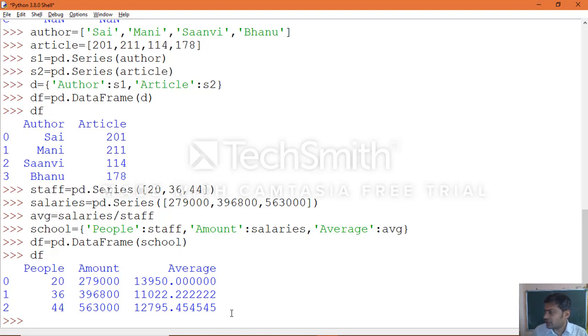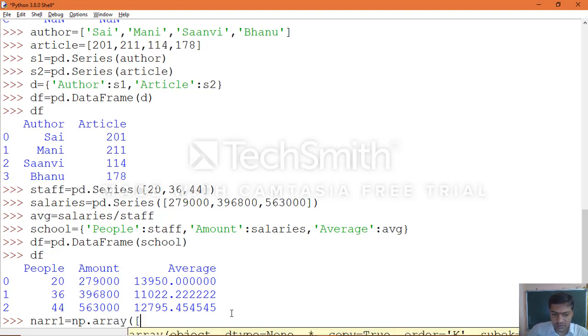Now, data frame to another data frame, which we already know: array equal to np dot array of the data 1 comma 2 comma 3 comma 4 comma 5 comma 6, then np dot int32.